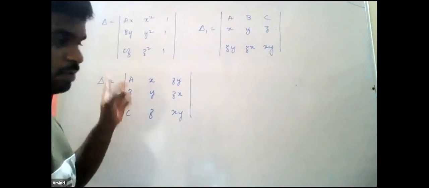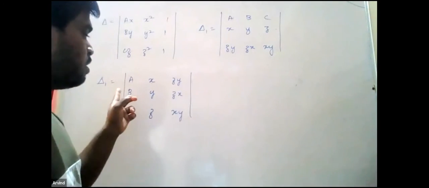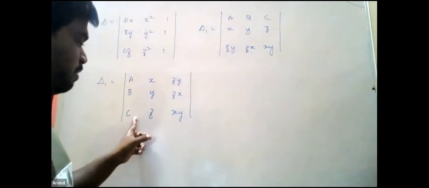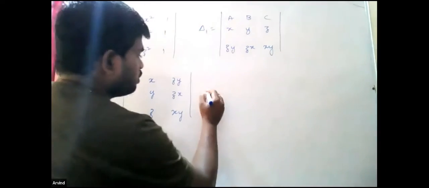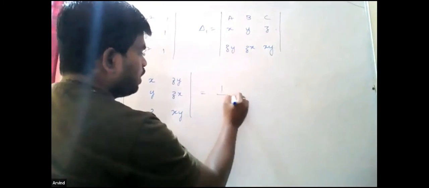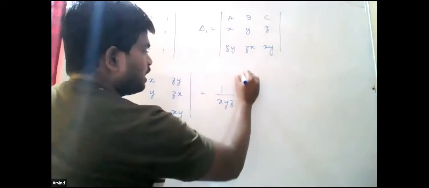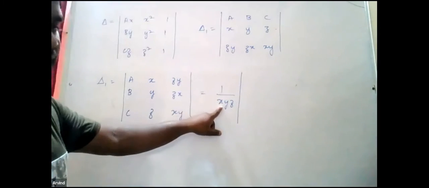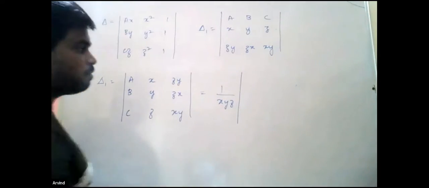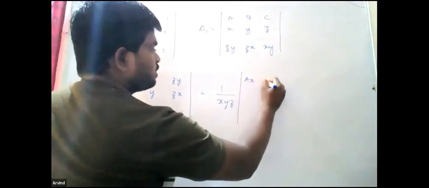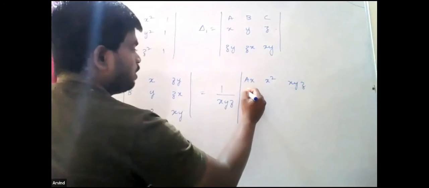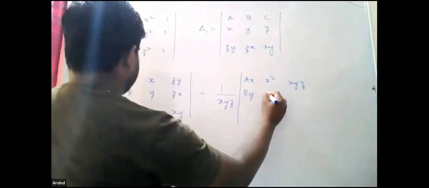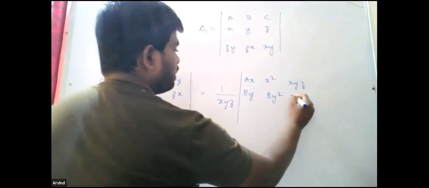So row 1 I am going to multiply by x. So outside there should be x, since I am multiplying, it should be divided. So multiply by y for second row, multiply by z for third row. So outside it will be equal to 1 divided by xyz. Because I am multiplying the first row by x, it must be divided. Similar logic for y and z. So ax, x squared, xyz, then by, y squared, xyz,